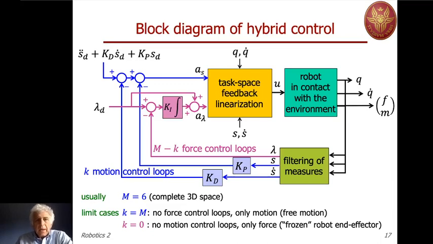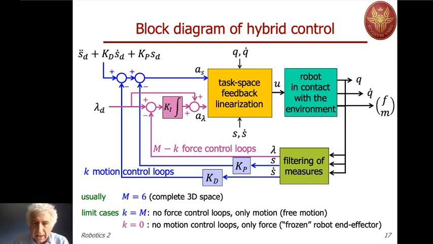Welcome back. So, we stopped our previous lecture by looking at a general block diagram of the hybrid force motion control law design based on feedback linearization. We mentioned that this is performed in a special space, which we have called task space, associated to a task frame. And we have used the parameterization of the free motion direction using scalars S and of the contact wrenches